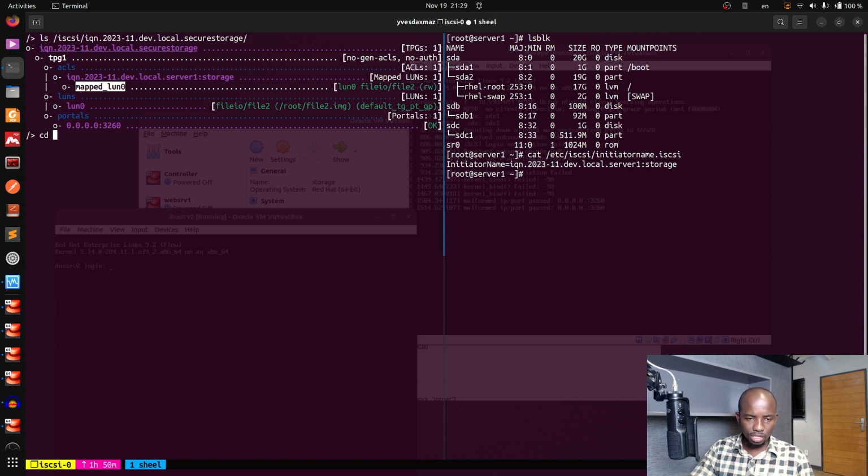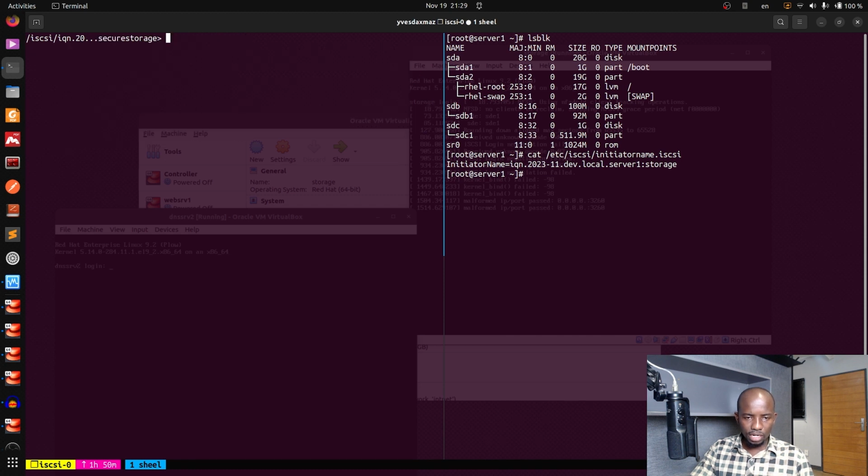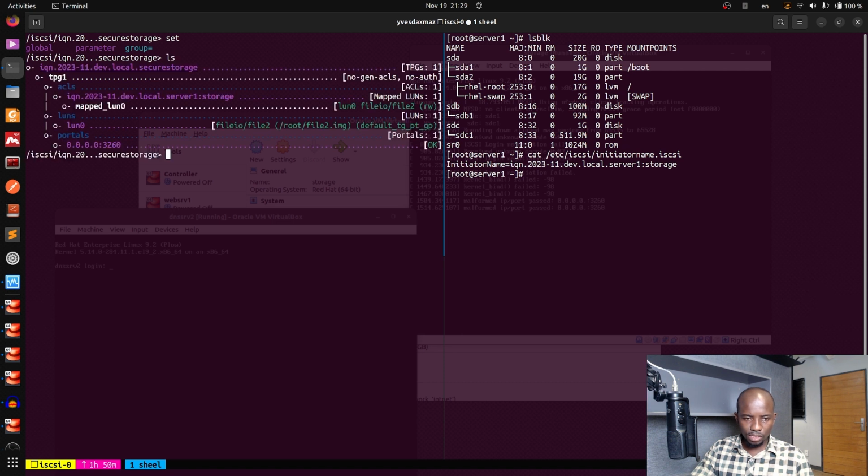I'll do cd iscsi iqn secure, and here if I use set again, it's not there, so I do ls, open tpg1, cd tpg1, and here I will do